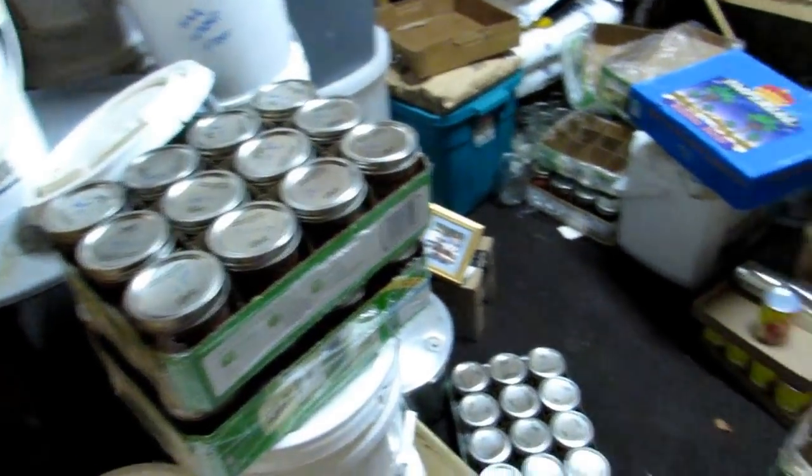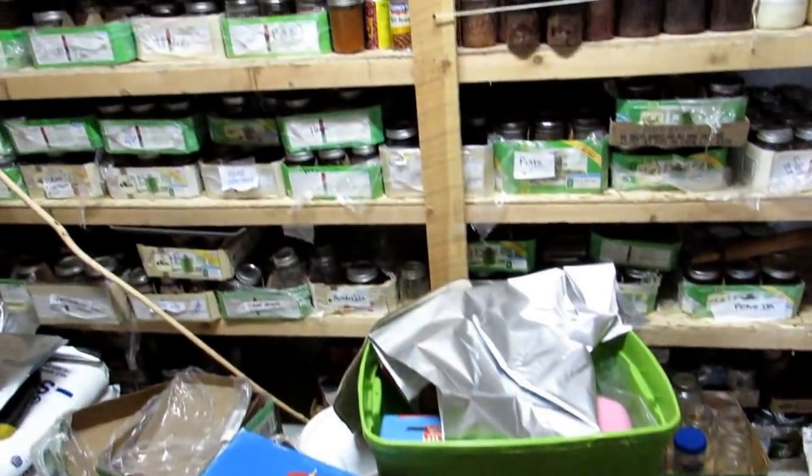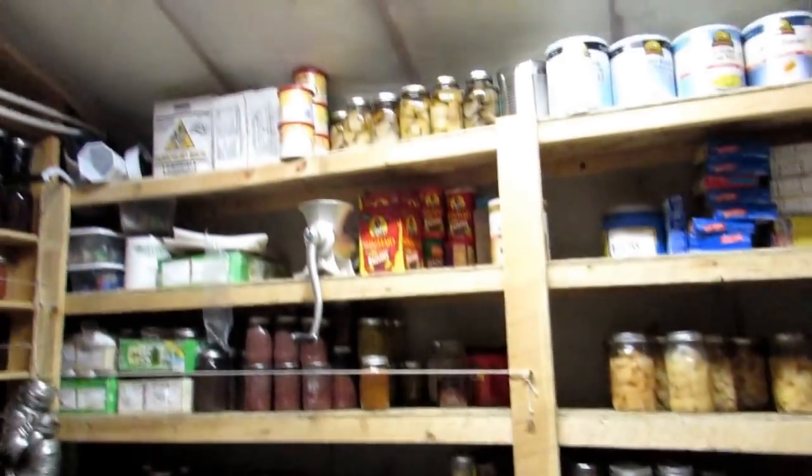Should I show you what I got going on? I'm doing pretty good. No, I'm really not. I've got case after case after case, shelf after shelf after shelf. I mean, from top to bottom. I'm just beginning. And the crazy part is there's more cases waiting, and I just canned 5 more cases of meat